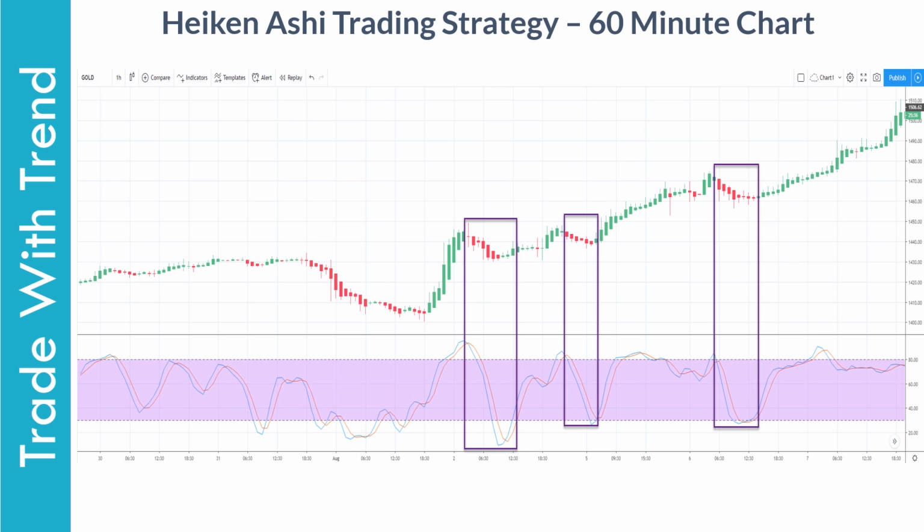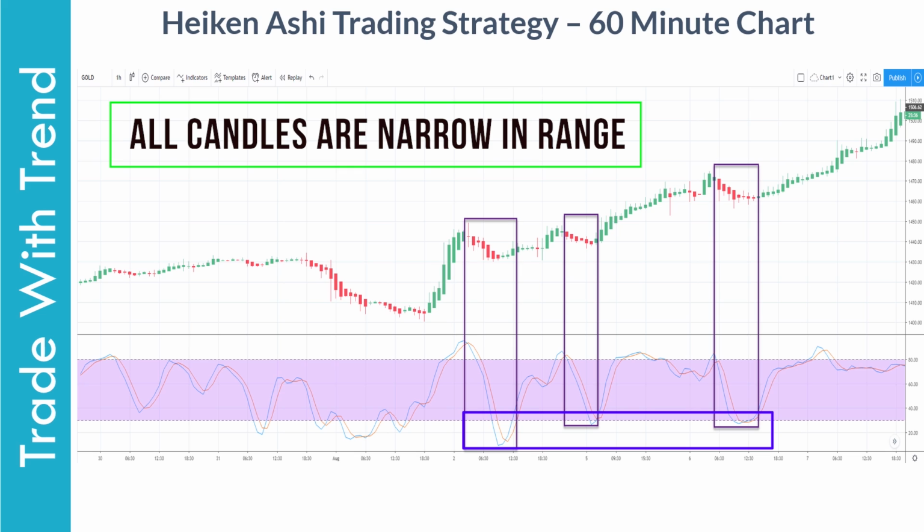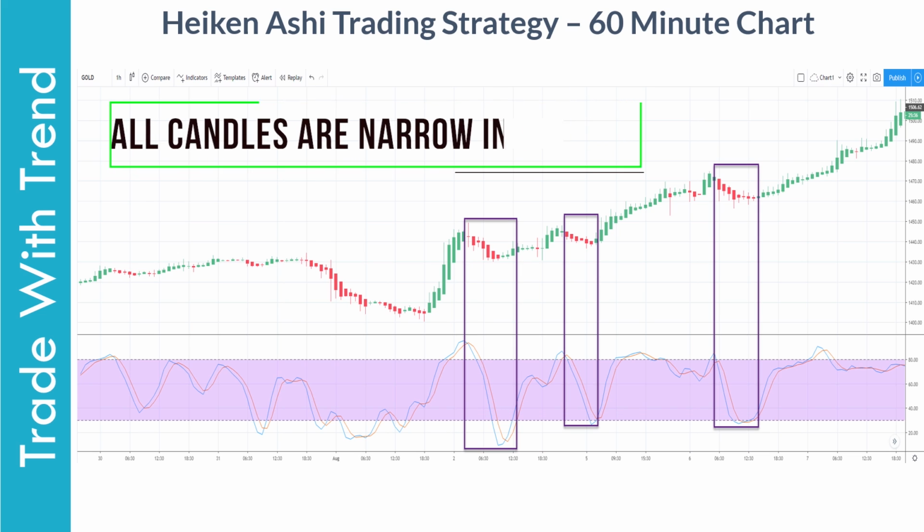In this chart, all these regions that I've marked provide an ideal entry opportunity for a trader. Now, this is where price has retraced with narrow range candles, and this is the point where stochastic has moved consistently below the 30 mark. So let us focus back on the chart.